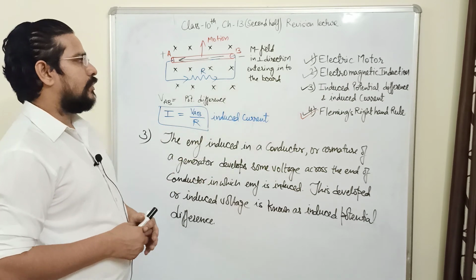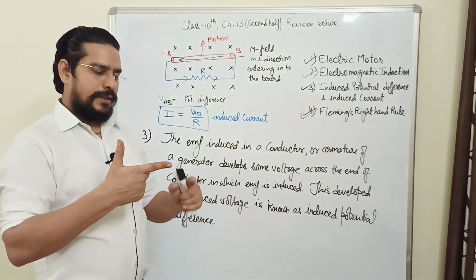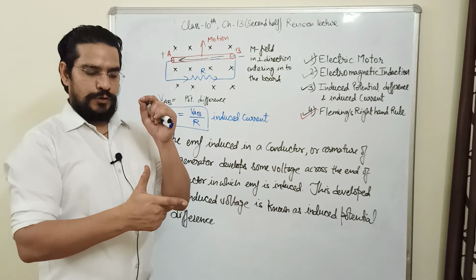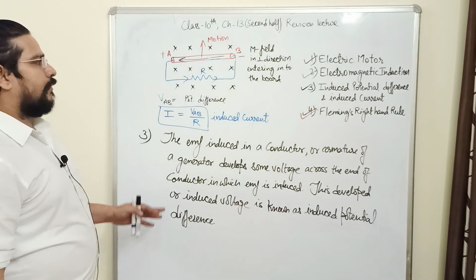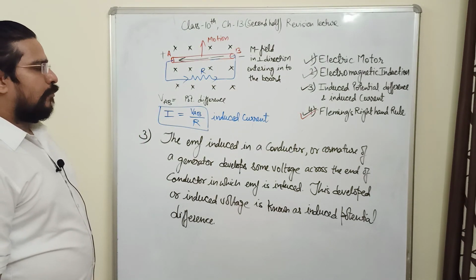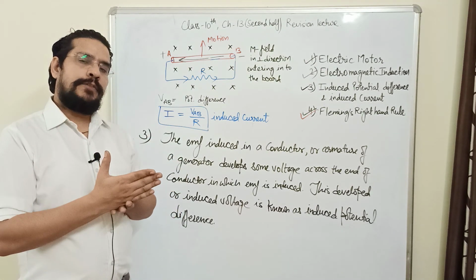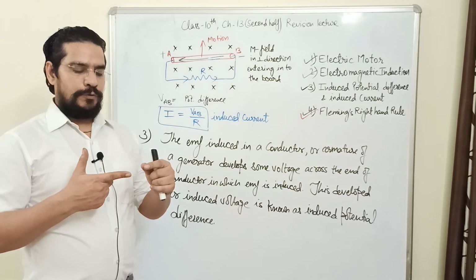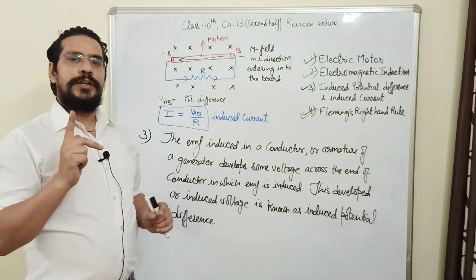And Fleming right hand rule we just discussed, that instead of left hand, if we align the first finger in the direction of magnetic field and thumb in the direction of motion, then second finger will automatically point in the direction of induced EMF. So you can apply this Fleming left hand rule and right hand rule in both the situations. Left hand rule we apply when we are providing current and magnetic field and direction of force is to be found, and Fleming right hand rule we are applying when we are applying the field and the force and direction of induced current is to be found.